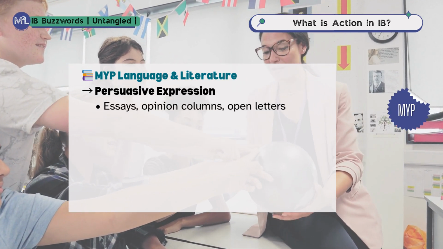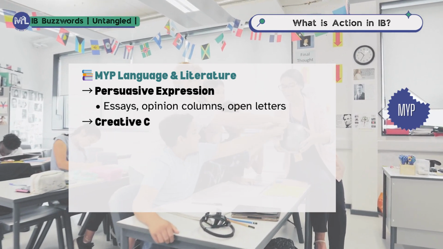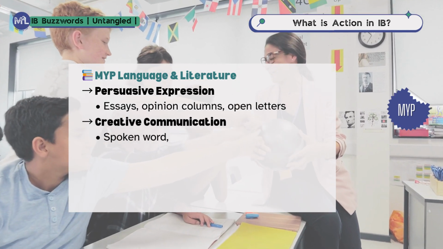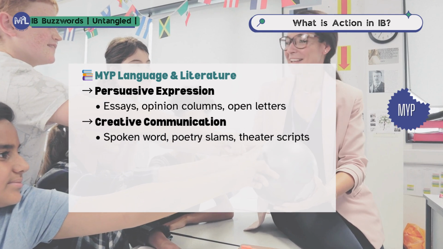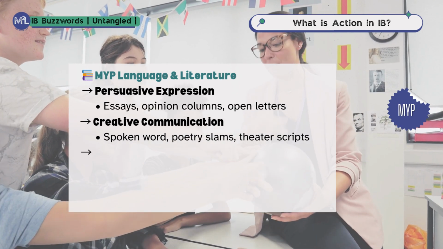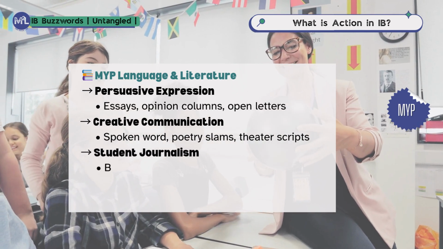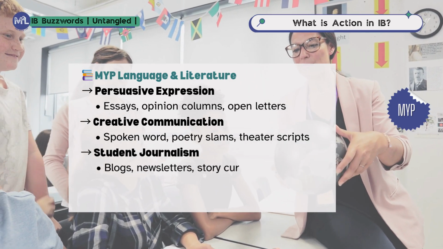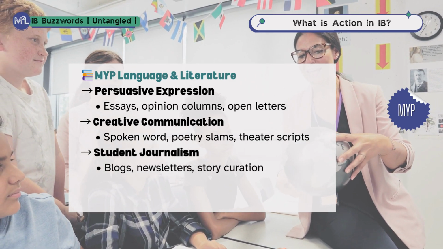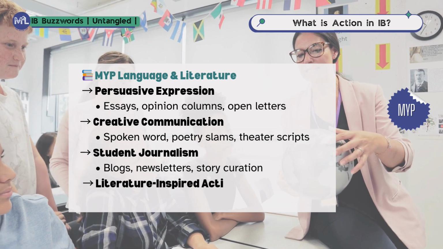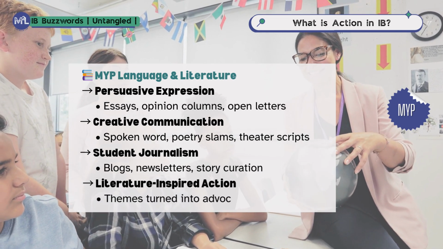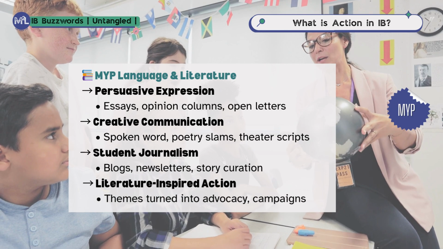In MYP Language and Literature, action might look like writing persuasive essays or spoken word poetry around an issue like climate change or cultural identity. It could be launching a student newspaper or an opinion blog. Maybe hosting a student-led read-out-loud on banned or underrepresented books, or even writing monologues that respond to